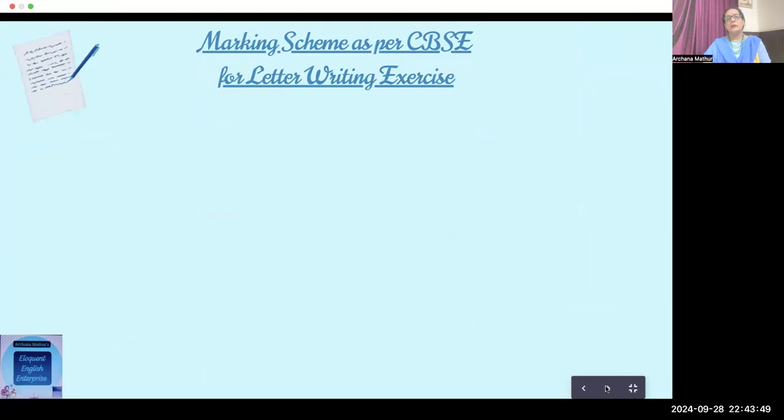Now, this is very important. Our children sometimes feel that they have not been given justice in their writing exercise. So let's discuss the marking scheme as per CBSE rules for the letter writing exercise. First, there's 1 mark for the format. Like I told you initially, we start with the sender's address, then it's followed by the date, then the receiver's address, and then there's a subject,